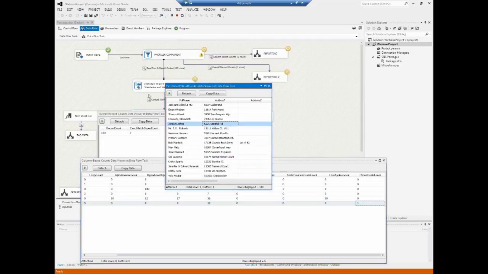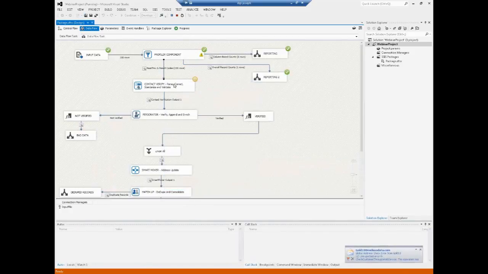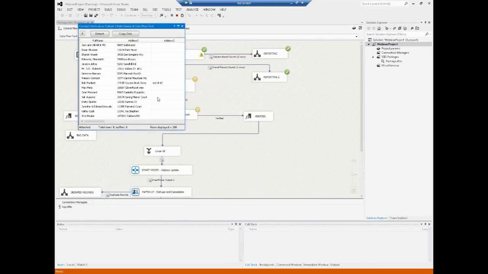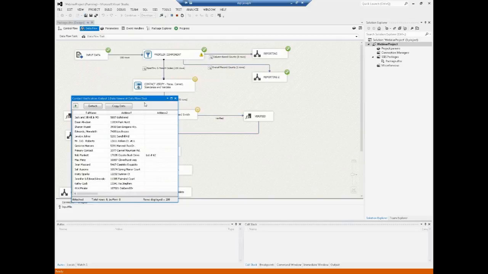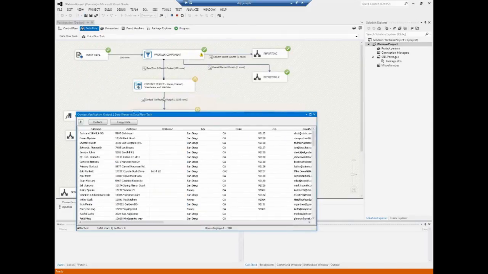So what we're going to do now is we're going to move on. We're going to close these. And now the data is getting passed through. All of this good stuff is getting passed through into the contact verify component, which does our correction, standardization, parsing, and validation. So if we take a look at the results we get from that component, and this is what we're seeing up here,